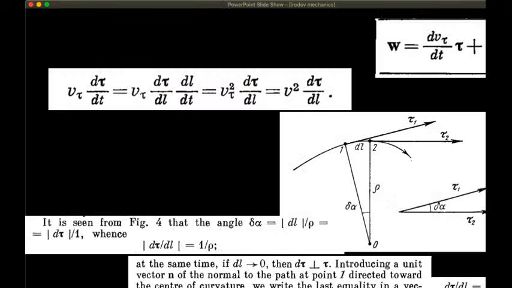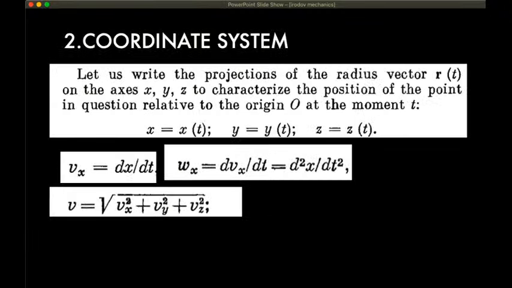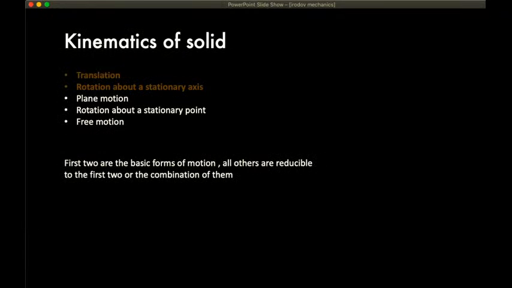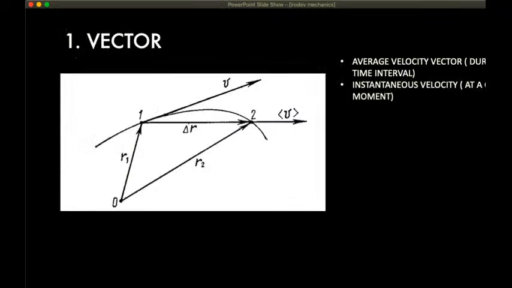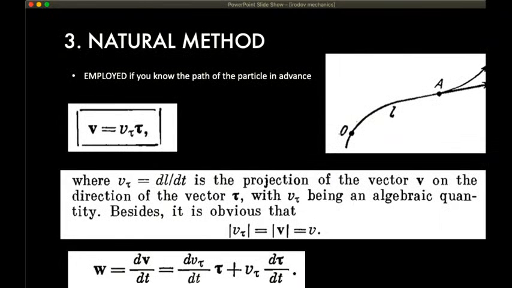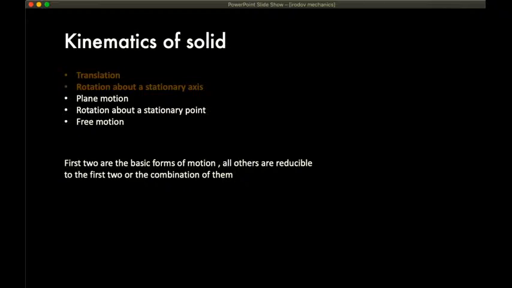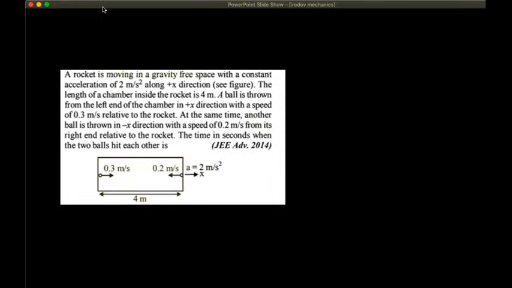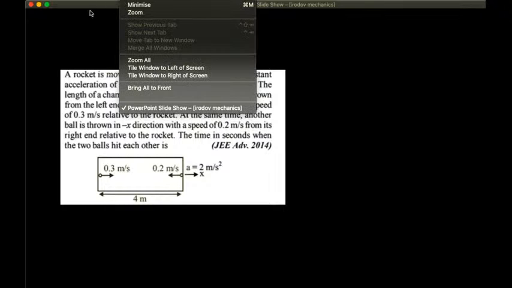When we are studying these two, we are going to employ the first method. The first three methods we are talking of are basically for translation. We're going to understand translation first with respect to the vectorial method, coordinate system method, and the natural method. So as we have discussed the three kinds of methods for studying the motion of an object, let's just apply them. We have seen in JEE Advanced there are many times questions asked with respect to the